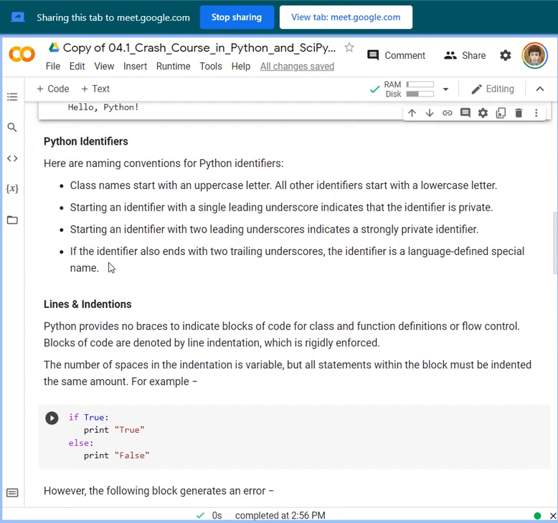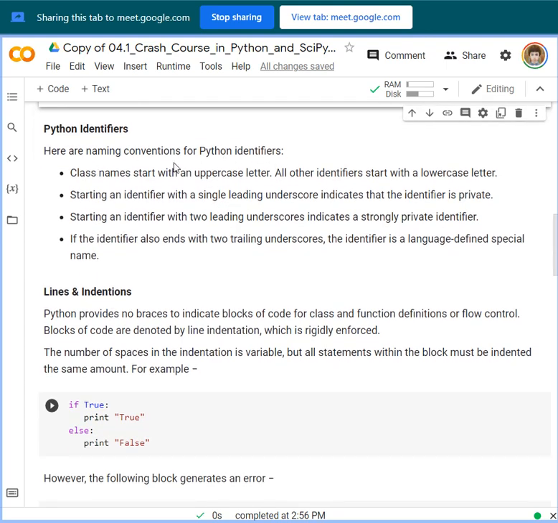All right, so for the Python identifiers, here are the conventions. Class names should start with an uppercase letter. When we're going to make a class, the class name should start in uppercase.